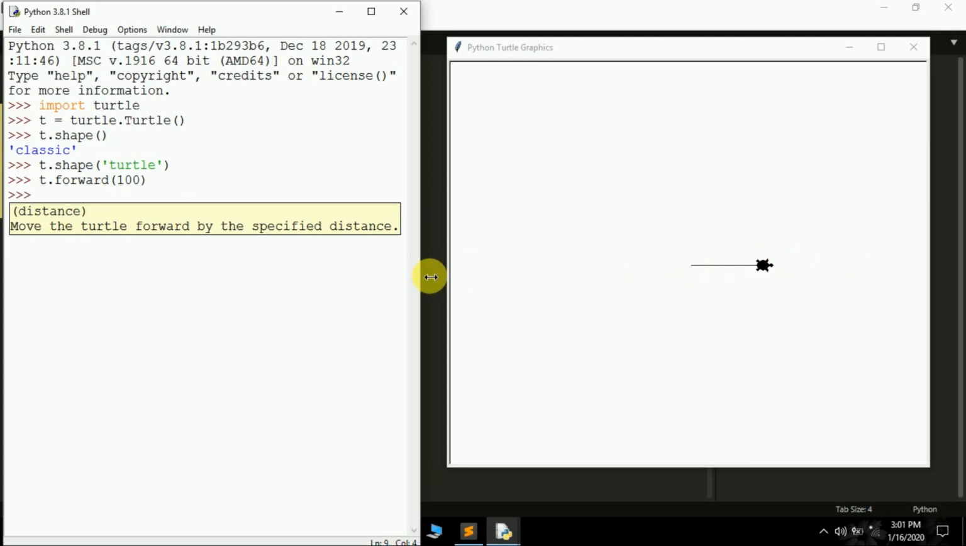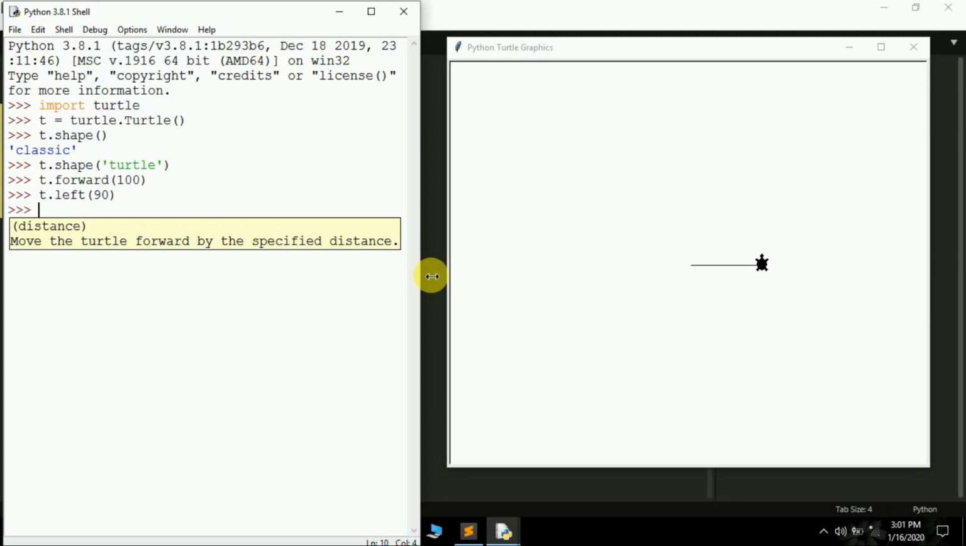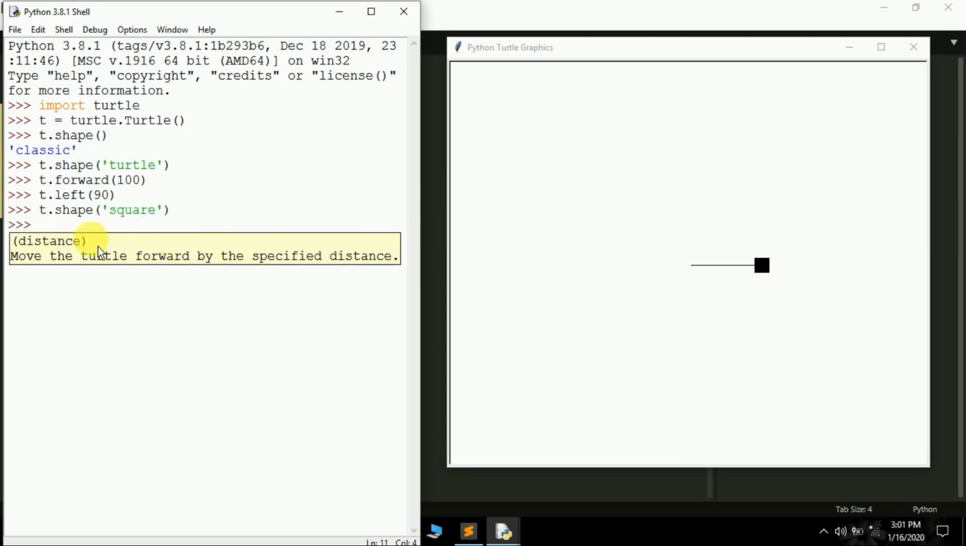Nothing else changed. You can again turn it left or right, anything that you want, 90 degrees. Then you can again change the shape by using the shape method, and inside you can pass square, circle, classic, arrow or turtle. So if I pass square, it will get changed to a square. If I pass circle here